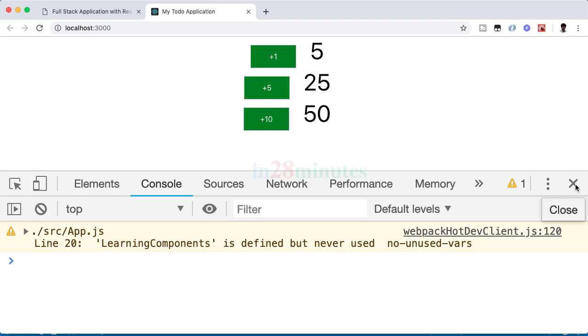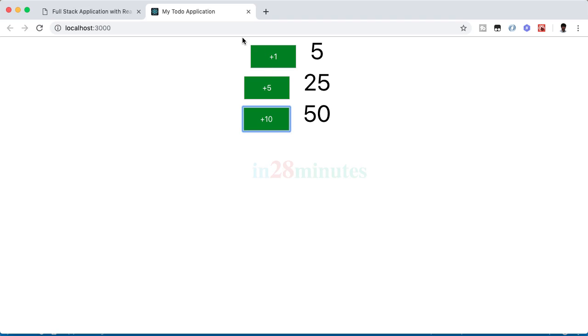Isn't it cool? What we did now is we have the ability to customize how much the increment of each of these counters should be. How much the increment should be does not change over the lifetime of this component. This component will always increment by 10. This component will always increment by 5. This component will always increment by 1. And that's the reason why we made it a property and we are using it to set the increment value